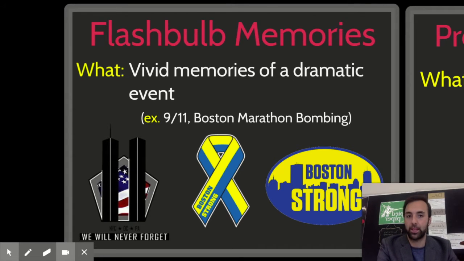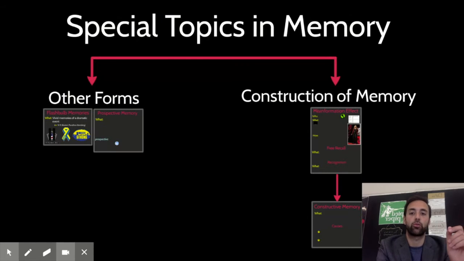Those are examples of episodic memories, so events of your life that have such a strong emotional connection that they are unlikely over time to decay, which is a word that we're going to talk about in the next task. Decay is a word that we use for forget. As long as you live, as long as I live, we'll remember 9/11, the Boston Marathon bombing. If you ask somebody who's old enough, other events like the JFK assassination or the MLK assassination would be other examples of flashbulb memories. So these are episodic memories that have such an intense, dramatic nature that they simply do